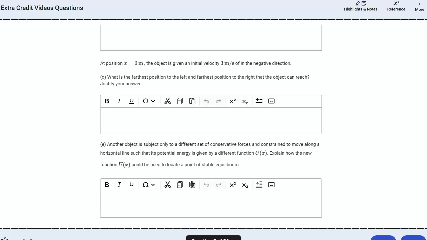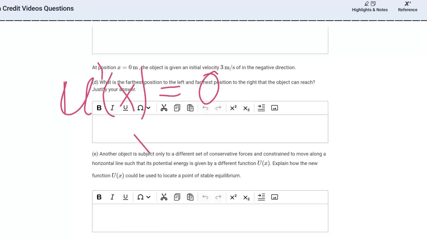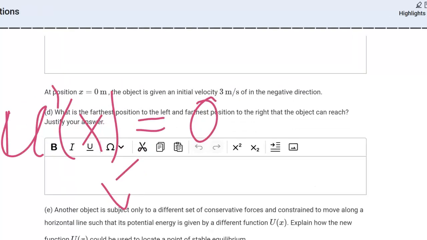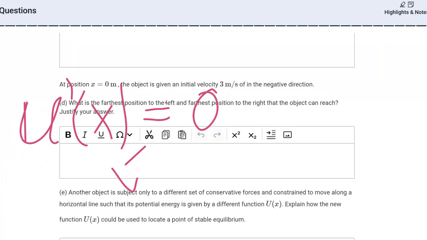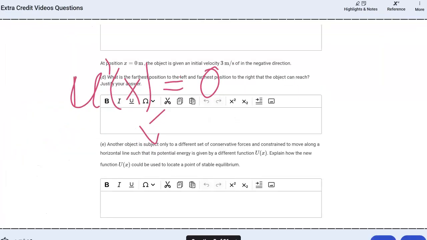So it doesn't ask us to find the points, but it just asks us to explain how for a different u of x we could use it. So we would just find u prime, and we actually already did that for ours, but you would find u prime of x, and you would set it equal to 0. You would find the points where u prime equals 0. Let's say u prime equals 0 at x equals 2